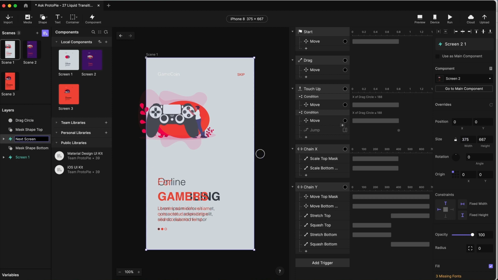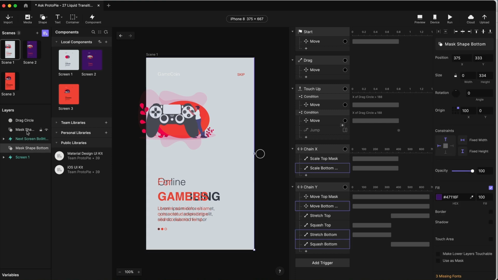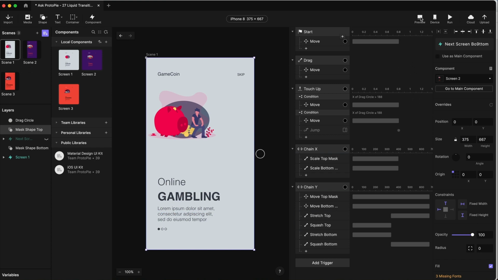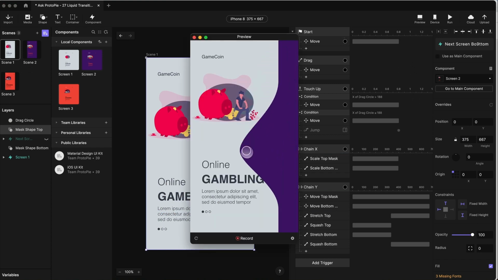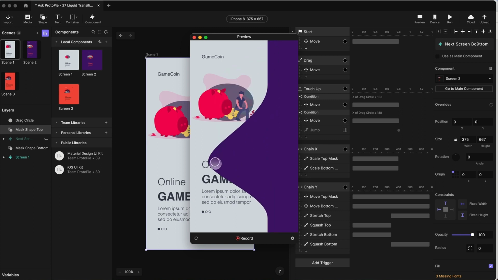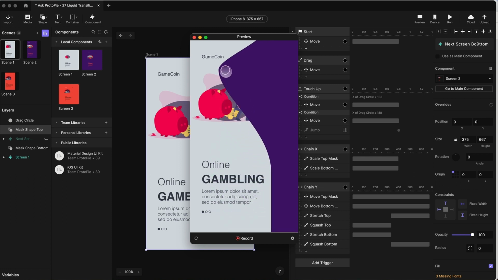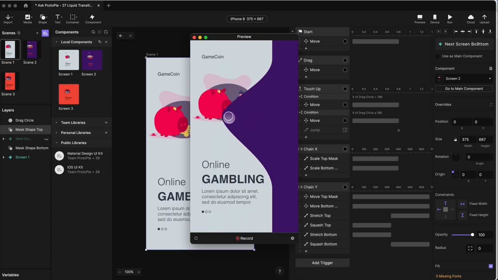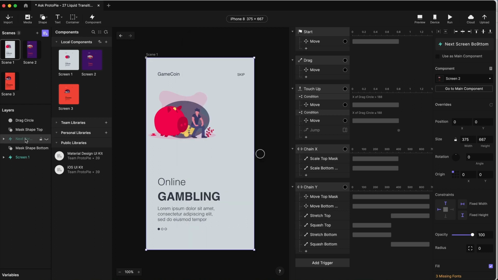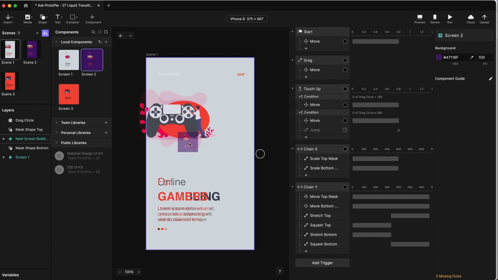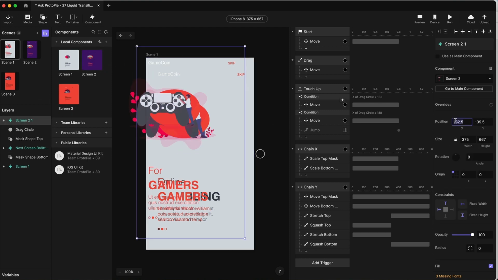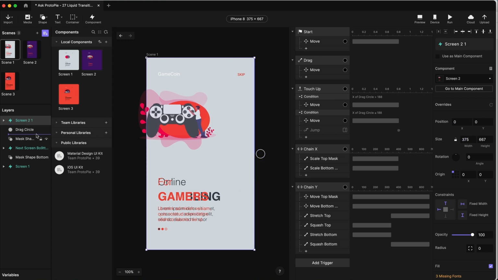next screen bottom. And we had to do these shapes, by the way, let me explain this a little bit more. We had to do these shapes in 2 pieces so that we could handle the squash and the stretch. So as we move down, the top stretches and the bottom squashes. We needed to do this in 2 pieces to get that squash and stretch happening at the same time, so that we had this more organic look to how we move things around. But that also means we need to make 2 masks and 2 versions of screen 2. So let's pop in screen 2 again. Position this at 0, 0, and we're going to drag this here, and we'll call this